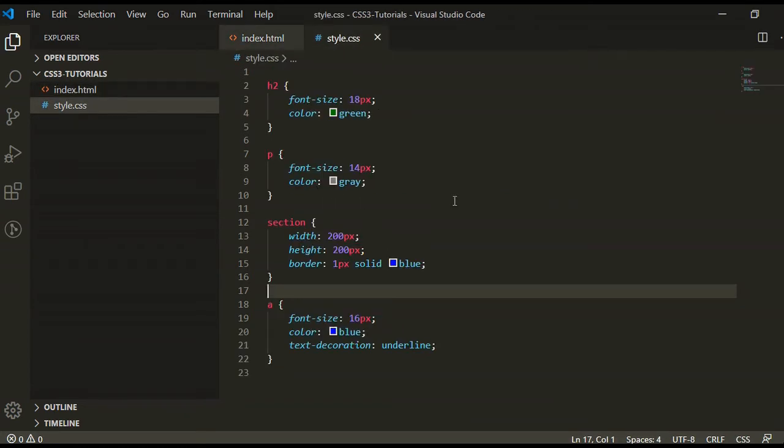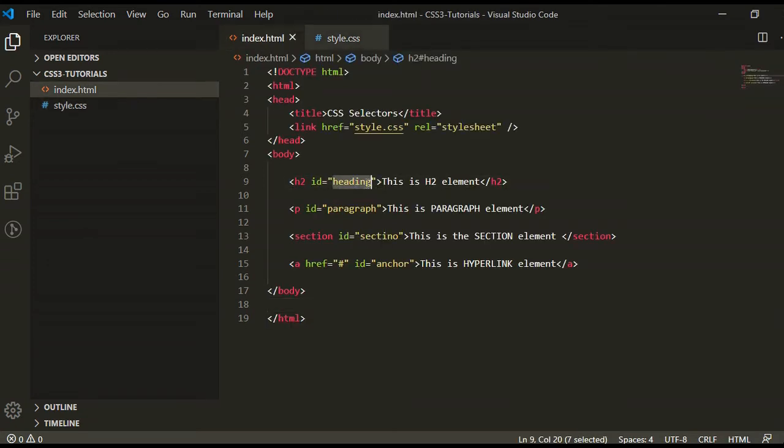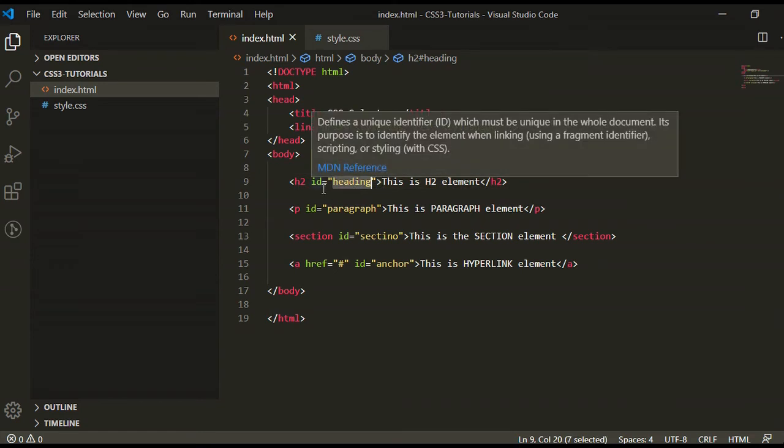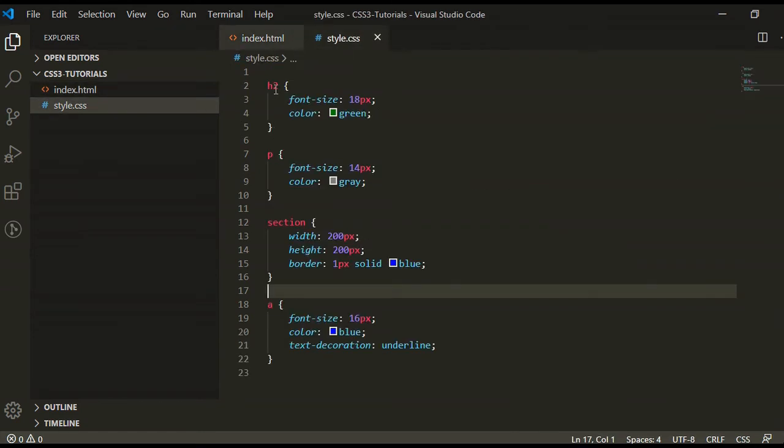Friends, for the ID we write this ID name with the hash symbol. So let's see, here I have given the ID heading for this H2. So here I am removing the element name.